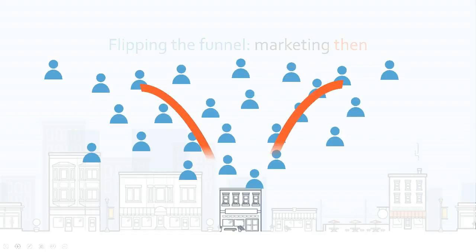Look at this model. It's a typical sales funnel using traditional marketing methods like print ads, radio, television, direct mail. This model is all about your reach, reaching out to find new customers. It's bigger at the top, which is where you spend a lot of your time, your money, and your energy in this model. You reach out to as many people as you can, convert a certain percentage into paying customers,